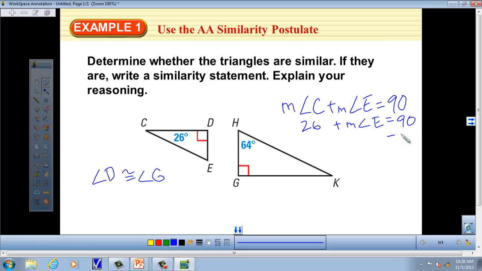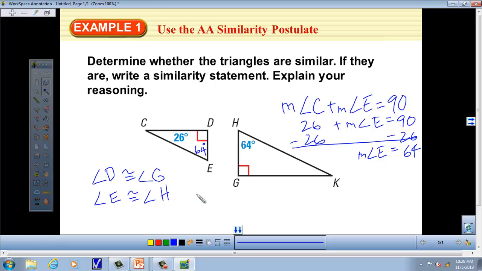We're going to subtract out 26 from both sides. If we do that, the measure of angle E is going to be 64. And since this angle is 64, we know this is going to be 26, we can state that angle E is congruent to angle